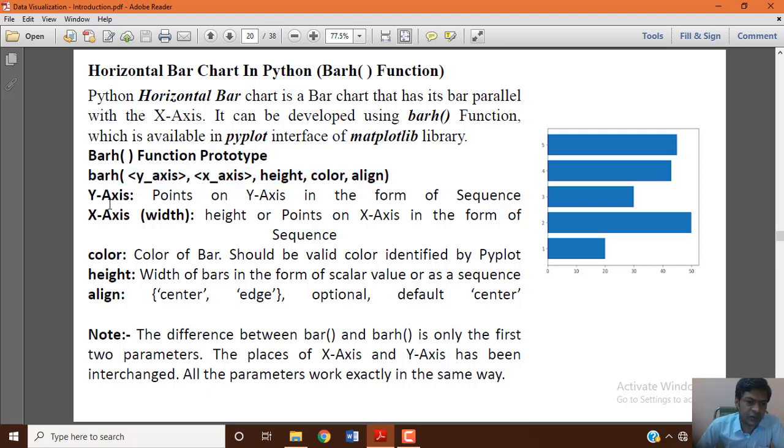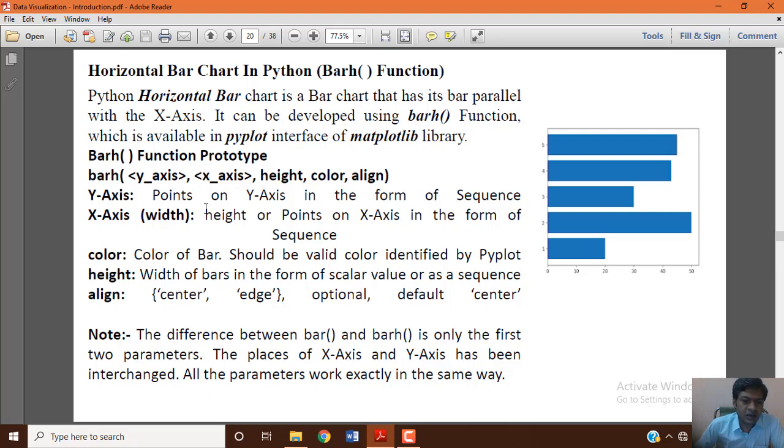What do we mean by y-axis? Points on the y-axis in the form of a sequence. The y-axis points take values in the form of a sequence, as usual, which we learned in the line chart, line graph, or bar chart. There also we use the y-axis as a set of values, a sequence data set, but in the bar graph it is treated as the height of the bar.